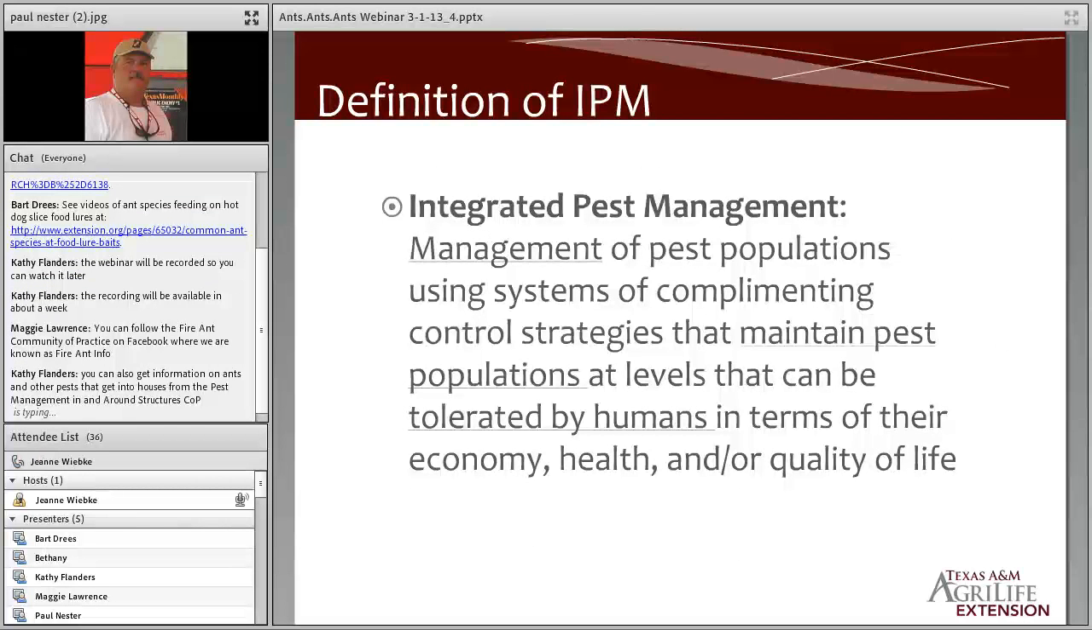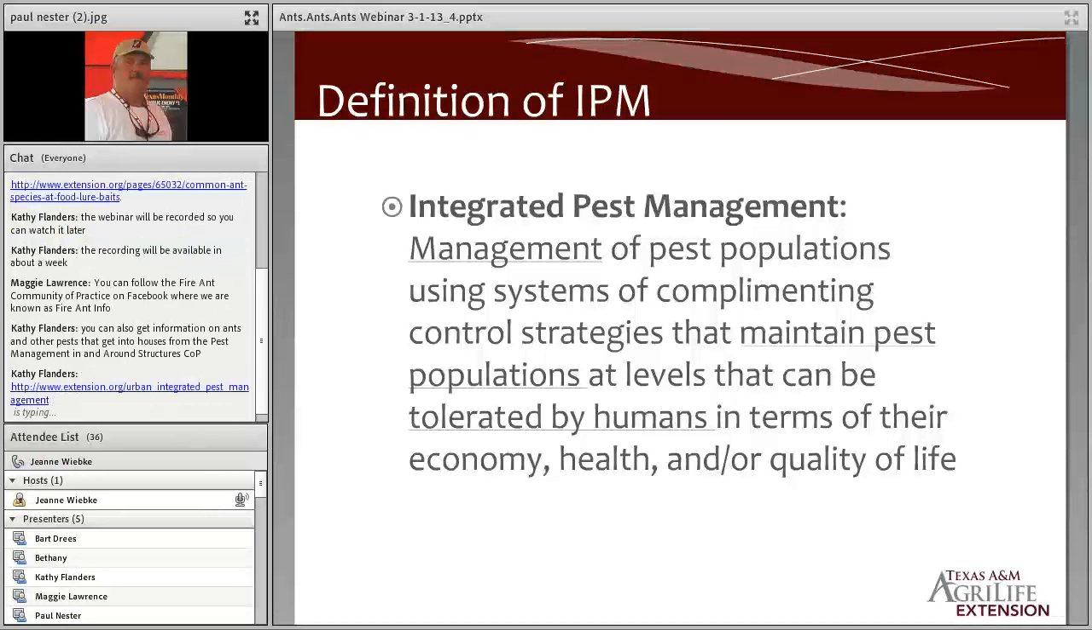Now, we talked about the life cycle. We've talked a little bit about ID and characteristics. Let's talk about integrated pest management and what we need to do to develop control strategies. When we talk about integrated pest management,